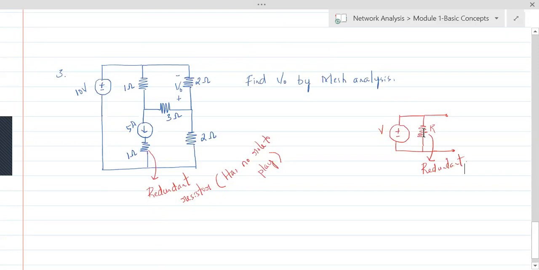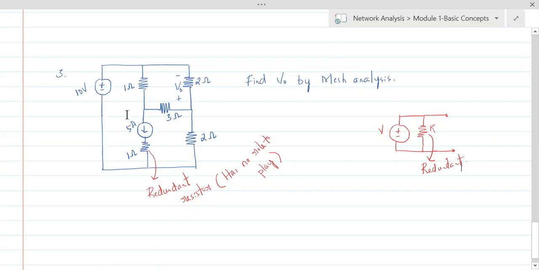Understand that? It's the same V. So that's why you have it or you don't have it. It is not going to make any difference. Similarly, this 1 ohm, whether you have it or don't have it in series with the current source, it is not going to make any difference. So let's not bother much about this 1 ohm.